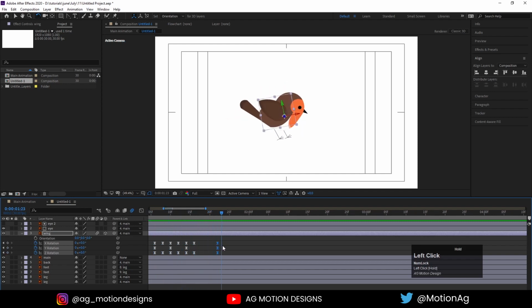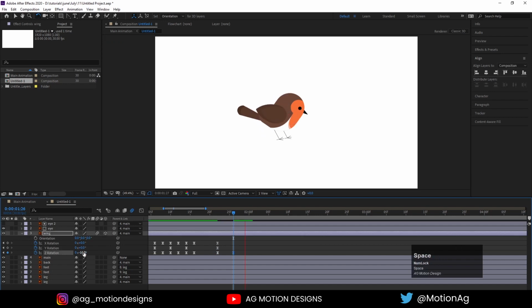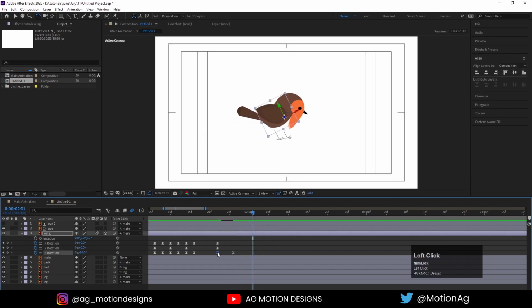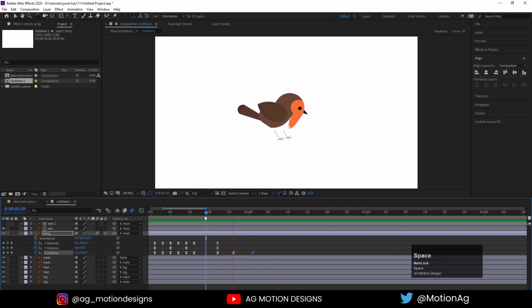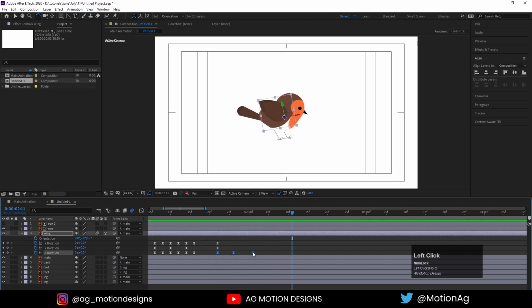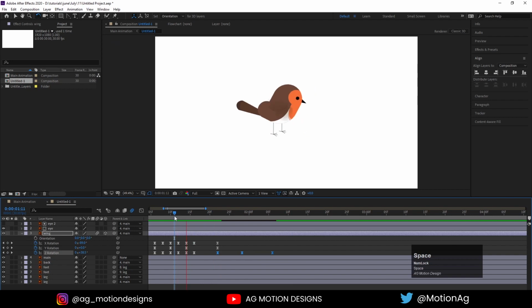As you can see, at this point again I'll rotate it and again copy the initial value, and increase the distance.